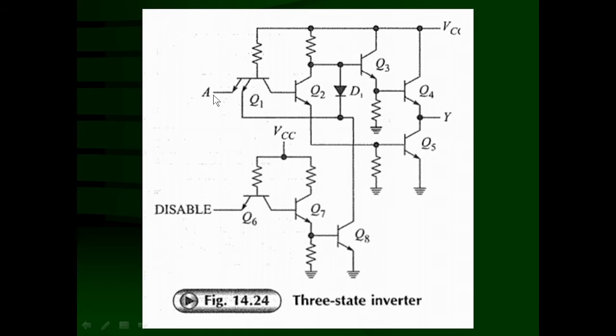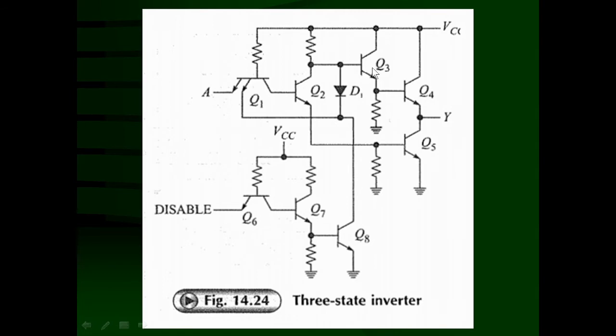If A is equal to low, the base-emitter junction of transistor Q1 is going to be forward biased, and hence the potential here is again low, or 0.8 volt, which is insufficient to drive transistors Q2 as well as Q5. Q2 and Q5 conduct together, and if they are not conducting, this is off. That means it does not provide base current to this transistor. So Q5, the saturation transistor, is going to be off, disconnected from the ground. At the same time, because the potential here is higher, this transistor is not conducting, so almost this potential will appear over here.